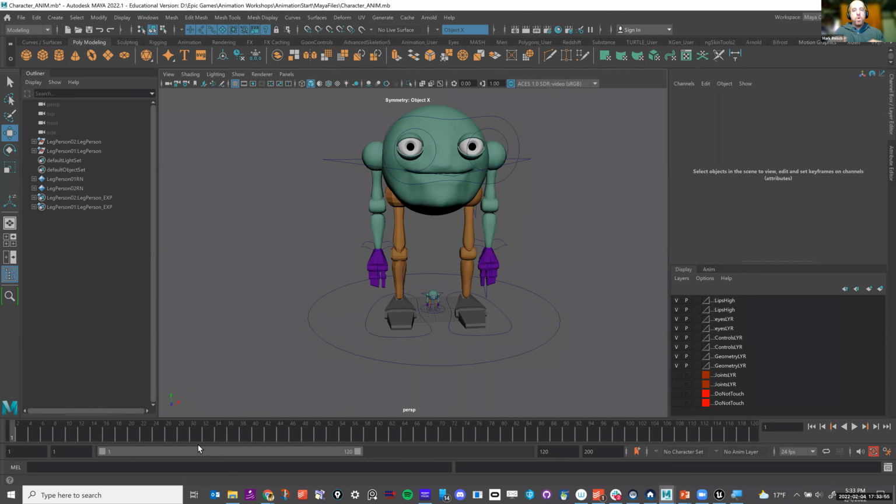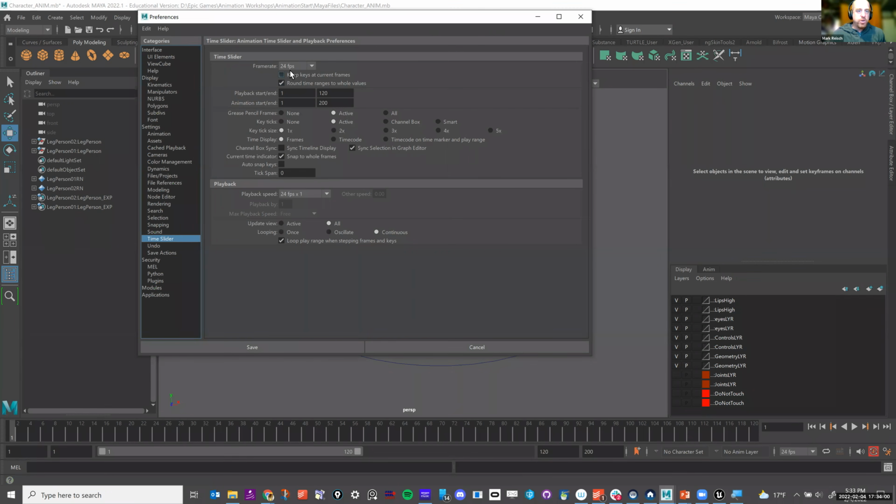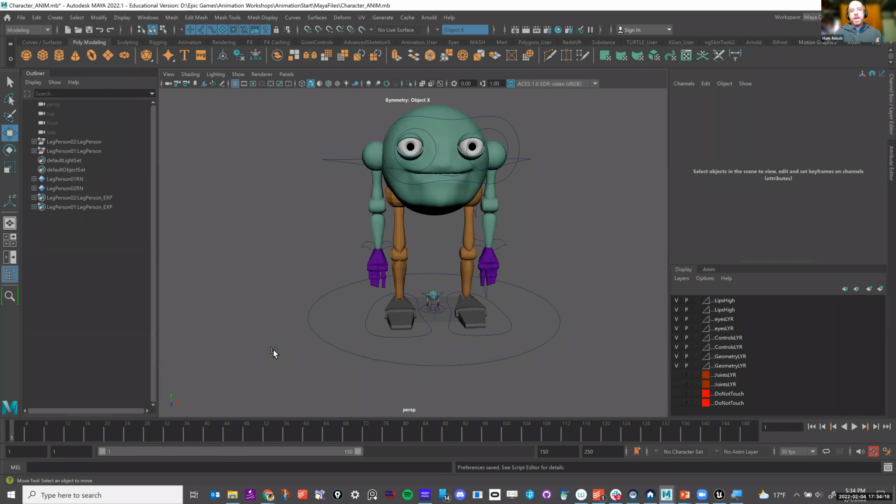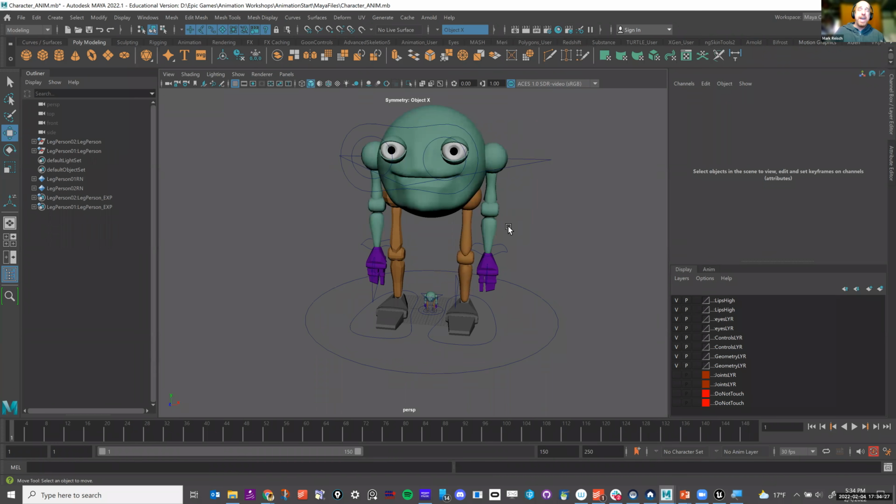So in my animation file, I want to make sure that it is set to not 24 frames per second, but 30 frames per second. Unreal works in 30 frames per second, so you'll want to make sure that your animation file is working at 30 frames per second. I'm going to click save. Now you can see the timeline has changed a little bit and all of that is good. If you've done animation and you forgot, you can still change it to 30 frames per second. It'll transfer over better between Maya and Unreal. You'll get more consistent results.